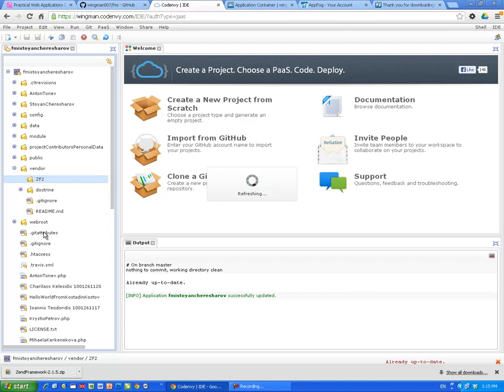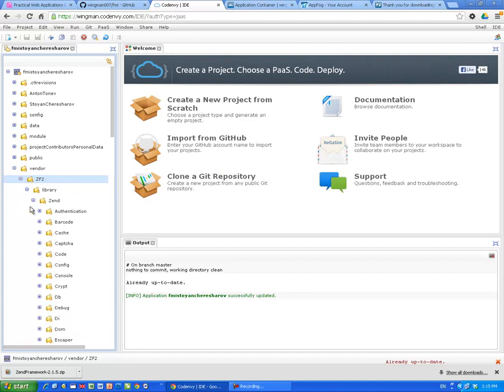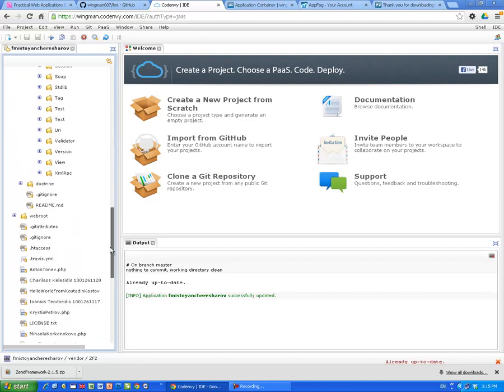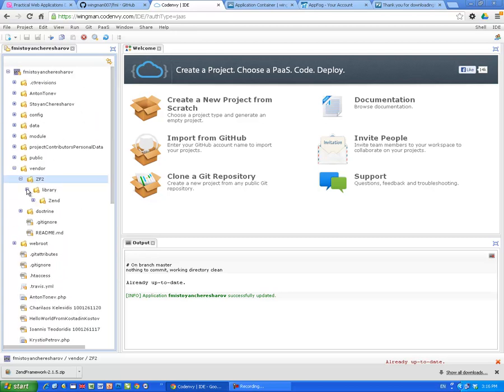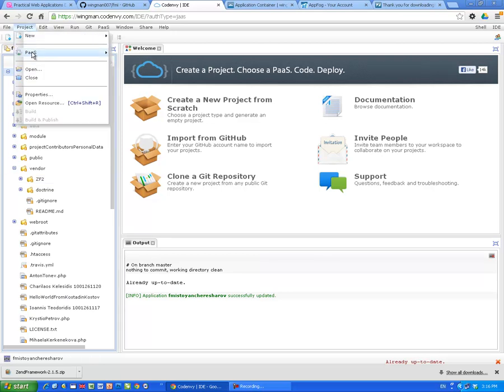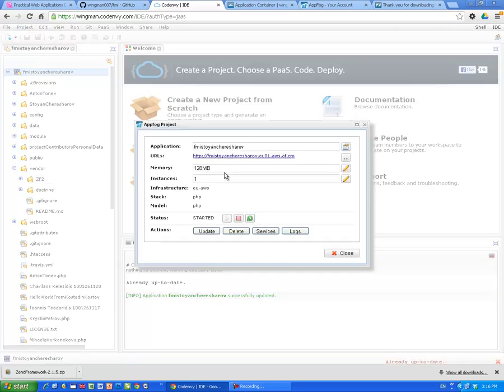So Zend Framework 2, we are refreshing and waiting now. Let's see if under ZF2 we will now have library, and inside we should have Zend Framework 2 with all the components. Zend is a component library. Okay, so that's it. Now project, push to AppFog, our second update. We're pushing right now the library itself to AppFog, and let's see what happens. Eventually it's gonna work